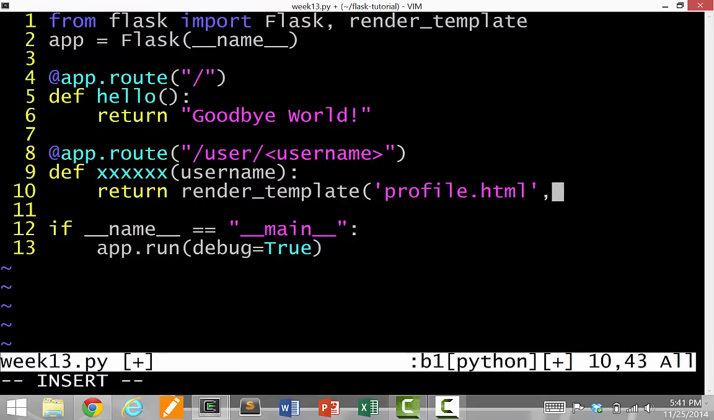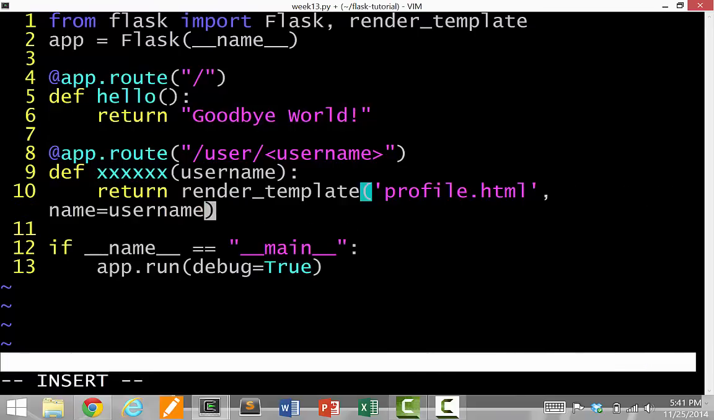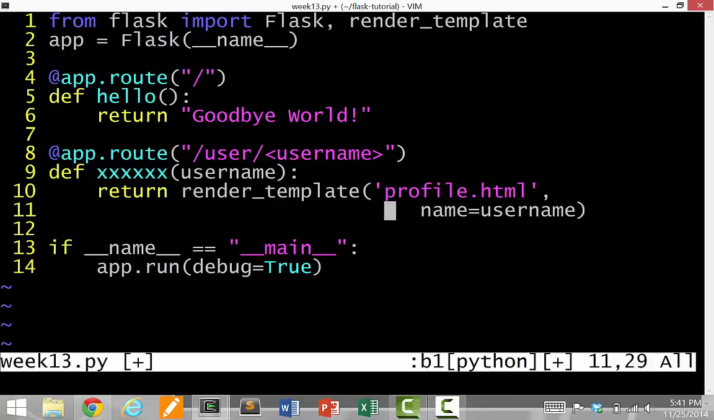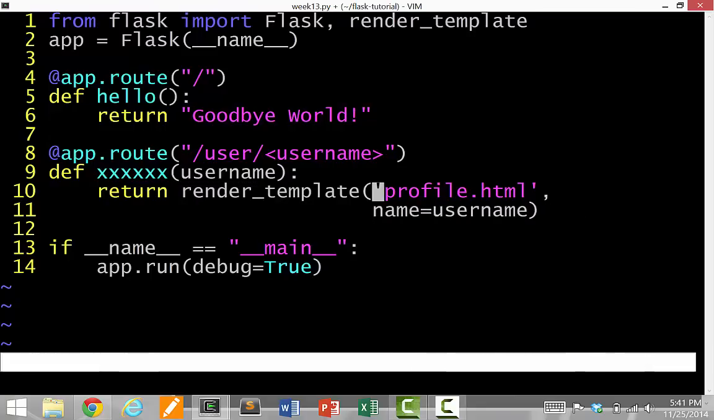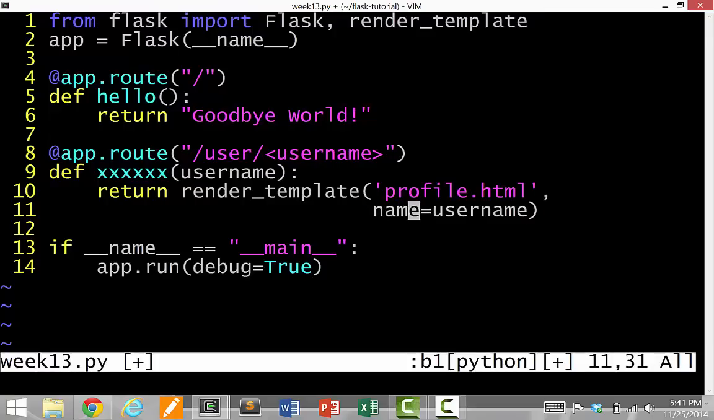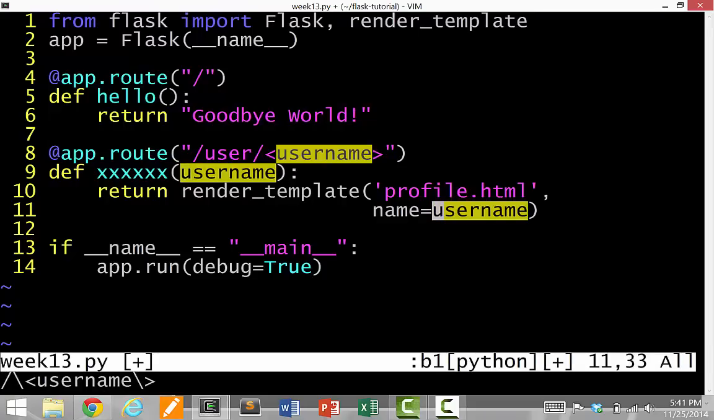And the second thing you pass to it is a binding. So name equals username. Put these in two separate lines just to make it clear. Okay, so what does this do? This says call the render template function. The template I'm rendering is profile HTML. There's a name variable in this template. There's an empty hole in there. And we're going to fill that in with the username. And remember, where does the username come from? Username comes from the